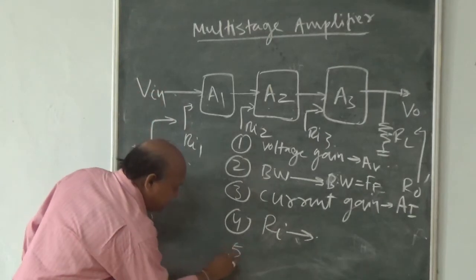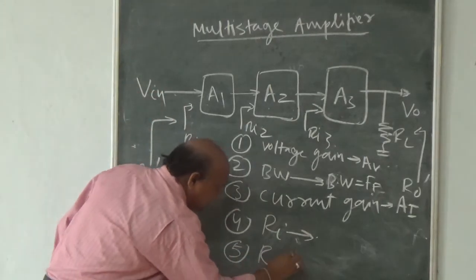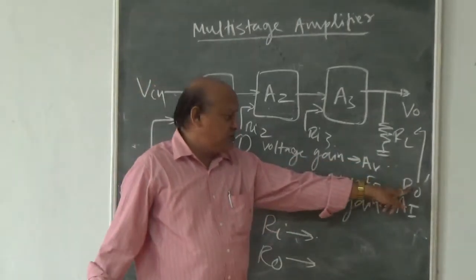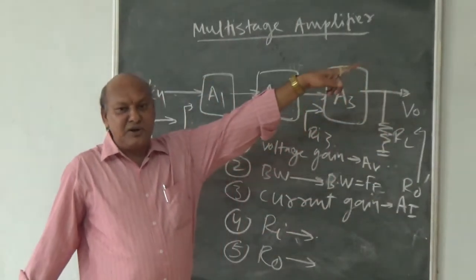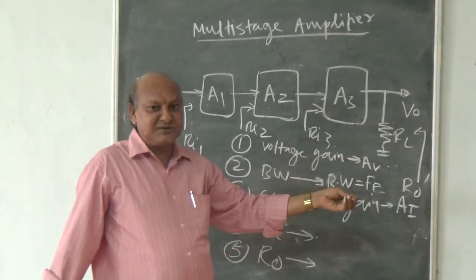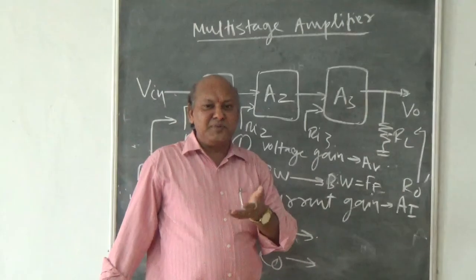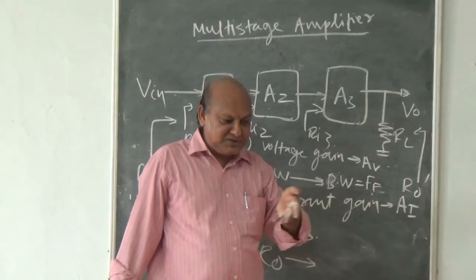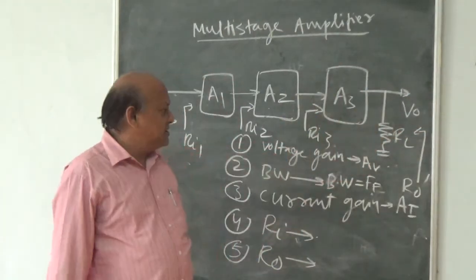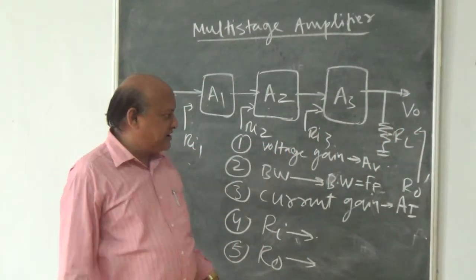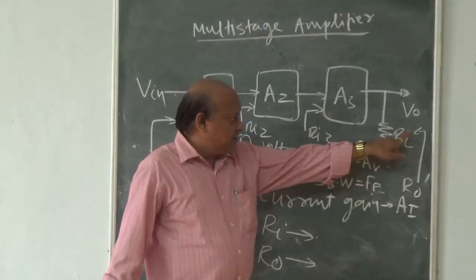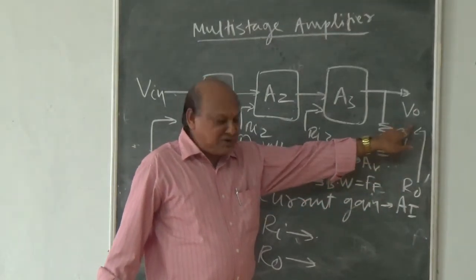And finally we require the output impedance, that is Ro, which I have already told you, because I am using the simple example of the public address system. Lot of examples may be there about the amplifiers, but this is a nearby one. Public address system is one of the most important and physical examples which we can see in daily use. So at this end the loudspeaker is here.